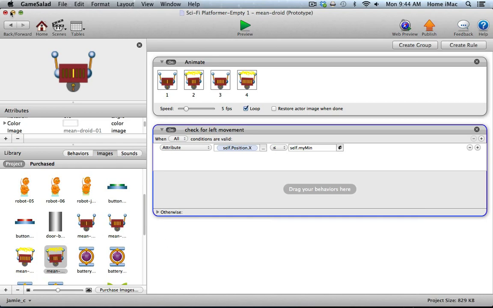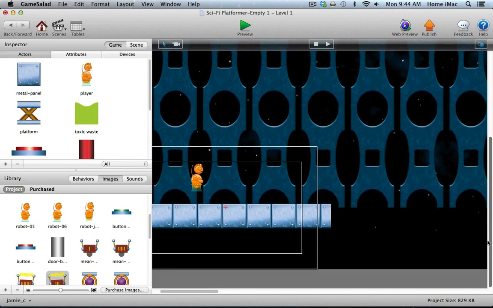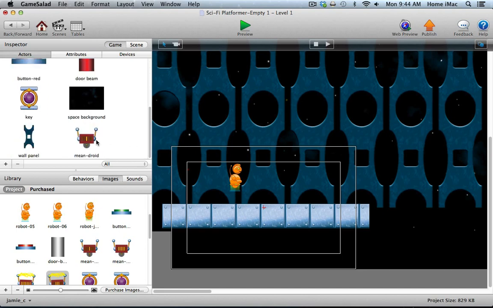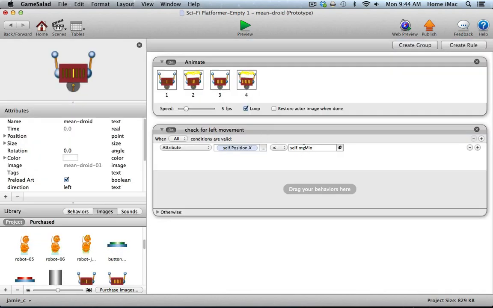at the lower left. Let me go back to the scene. GameSalad starts at the lower left down here. This is 0, 0, 0x, and 0y. So to the left is always less, and to the right is always more. That's why my minimum is the left side, and my maximum will be the right side. So when its self-position X is less than or equal to its minimum distance,